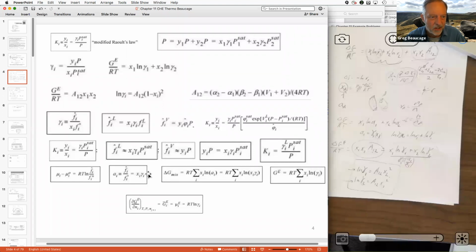I don't want to go through these right now. Basically, I just piled them all here, so it was a convenient place to find them if I need them. Some of these we already have, like the excess Gibbs is going to be this expression. The excess Gibbs is also this expression. This is a relationship between gamma and x and A12. And then this is one way to calculate A12 using these parameters, A12, alpha and beta